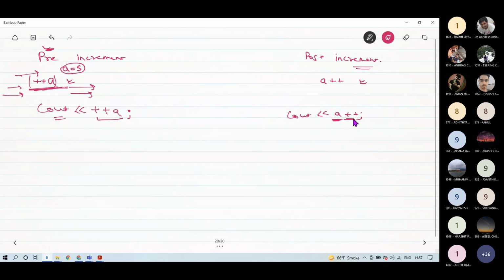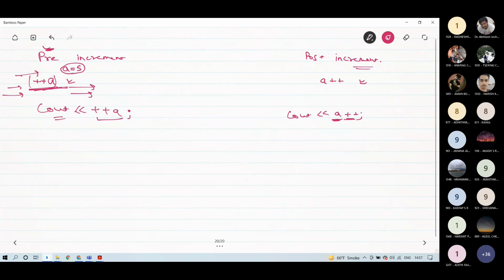Pre-increment means first it changes the value of a, then performs the operation, whether it is cout, assigning, or checking. In post-increment, first it performs the operation, and then it increases the value of a.